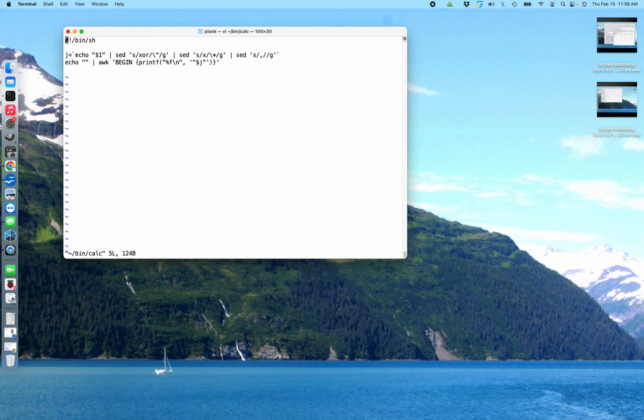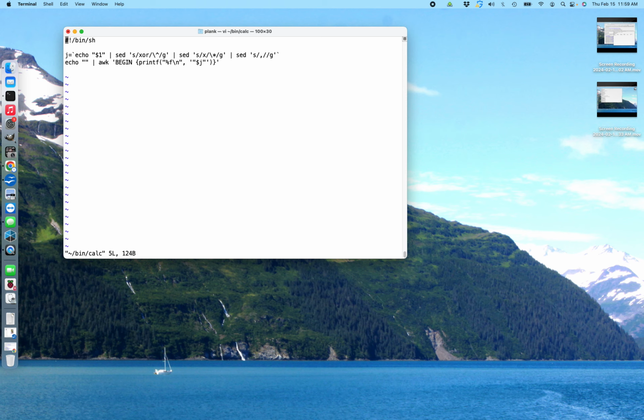So what I do instead is I have the sed command in here, so now I just use X instead of multiplication, and it converts it to a times sign. And then I also get rid of commas, because sometimes when you're cutting and pasting, numbers have commas in them. So I get rid of all of those, set it to the environment variable J, we'll get to that, with the back quote, which is the greatest thing in the world. And then I go ahead, what do I do? Oh, nice, okay, so I do echo, nothing, so awk's just reading one line.